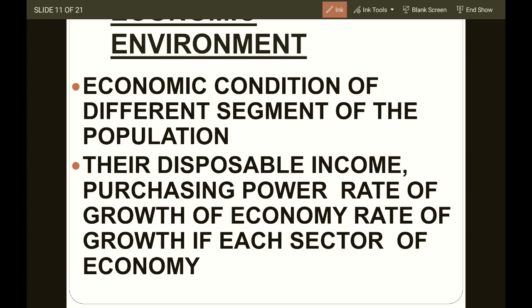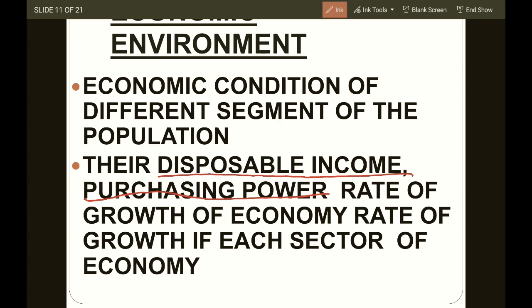The disposable income, disposable meaning remaining income. Purchasing power: what is the purchasing power of the people there? Very important. If you're not analyzing the purchasing power, you won't be able to capture the market, you won't be able to increase the sale of the product. Oppo and Vivo are running successfully in India because their pricing policy is perfect; they are making products for each and every segment. So it's very important to see the purchasing power of the people to whom I am distributing the product. Ultimately I need to satisfy them.